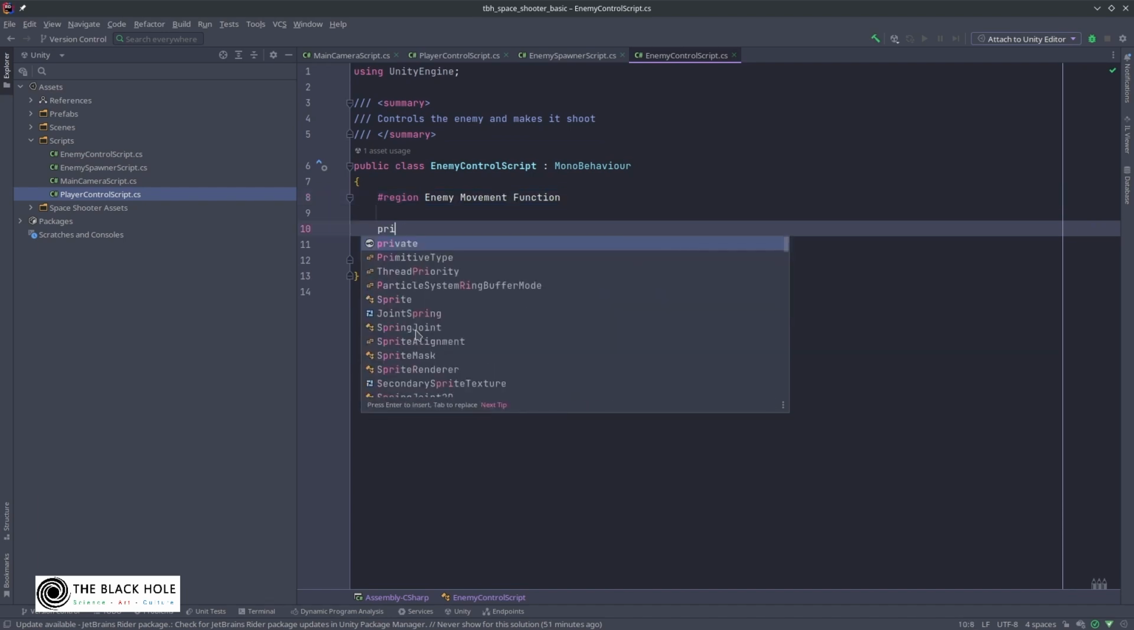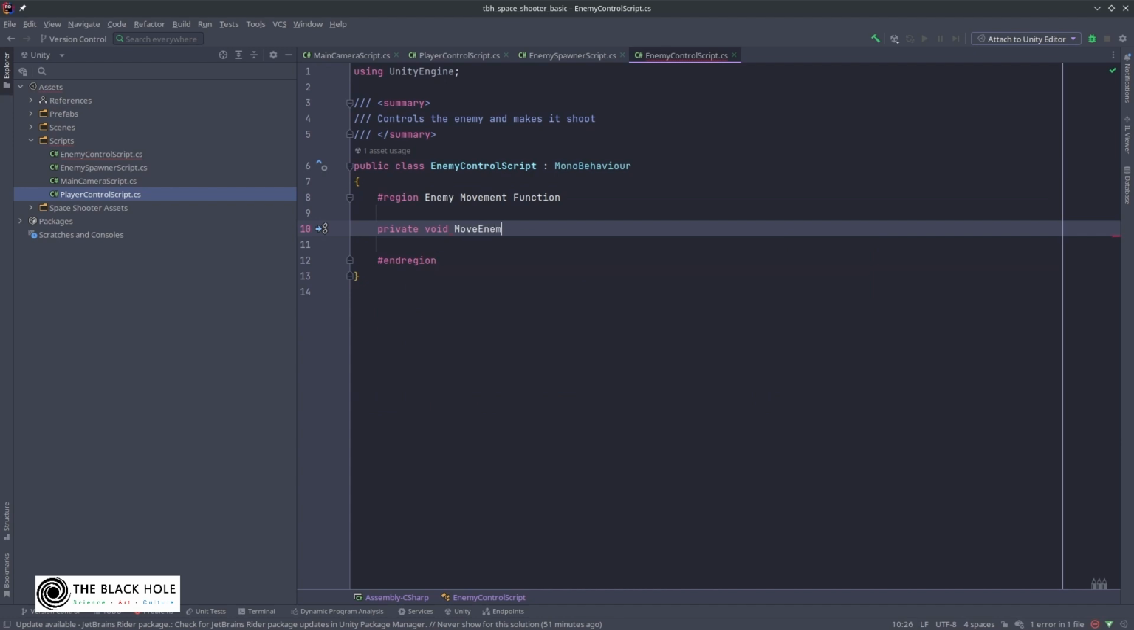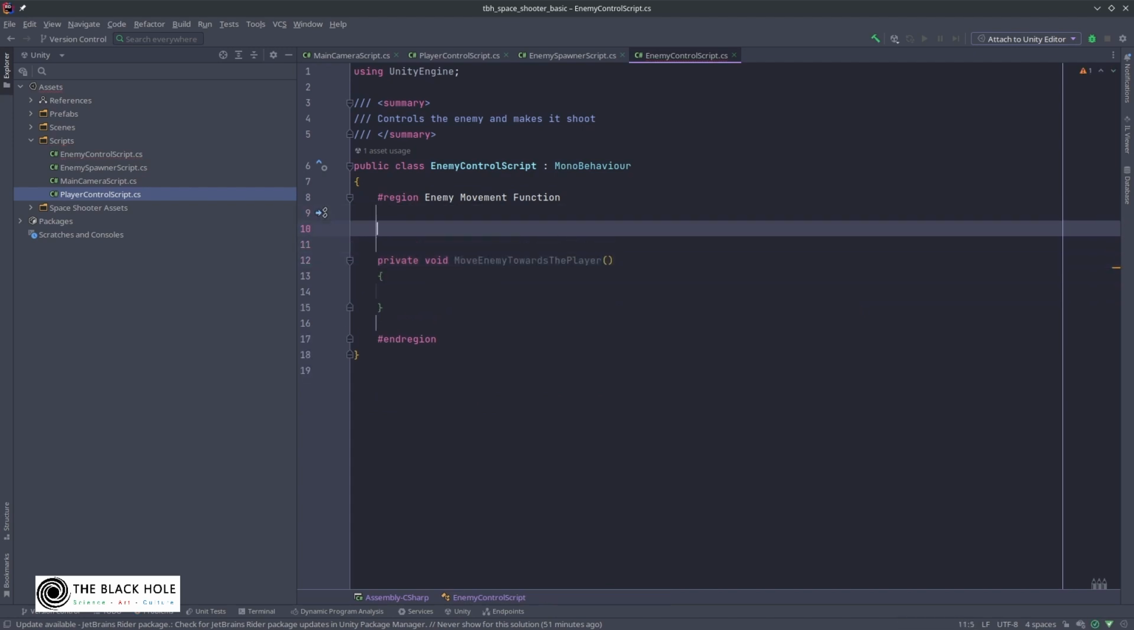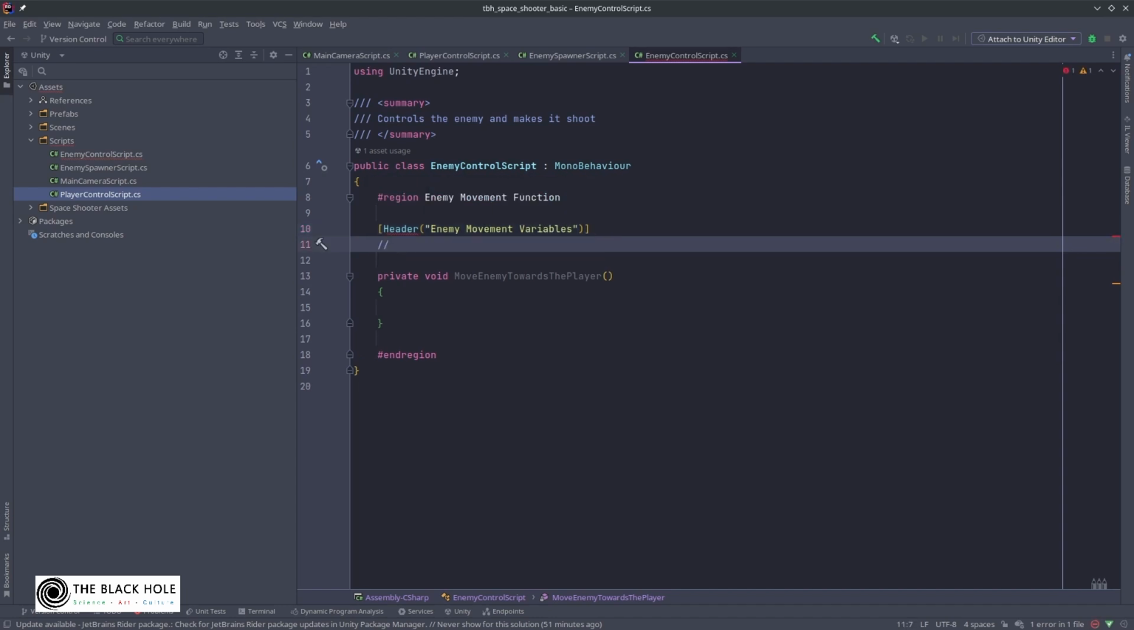So over here, I'm going to make another region called enemy movement functions. And now I'm going to call this move enemy towards the player. And it's not going to really move the enemy towards the player, it's going to move it downwards. I should have named it move UFO downwards, but I named it move enemy towards the player. And again, I have a header property, and in that header property, I'm going to